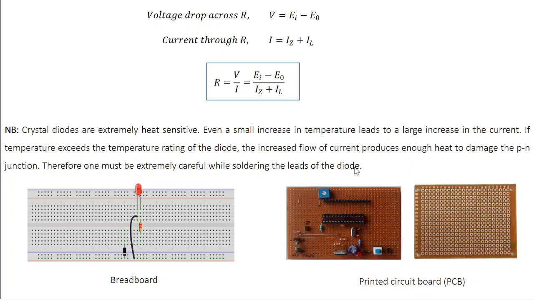So typically, you construct your circuit on a board. There are two types of board. One is the breadboard and another one is the printed circuit board, or PCB. In a breadboard, you do not have to solder the electronic components because all these holes are internally wired. If you look at the two sides of the breadboard,